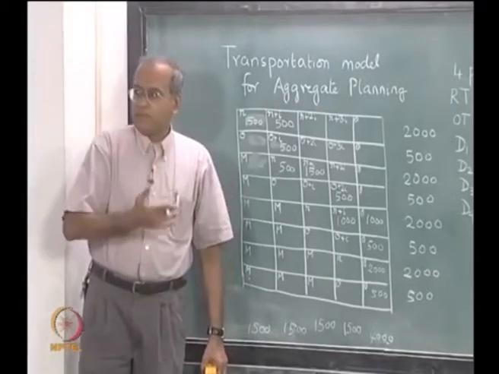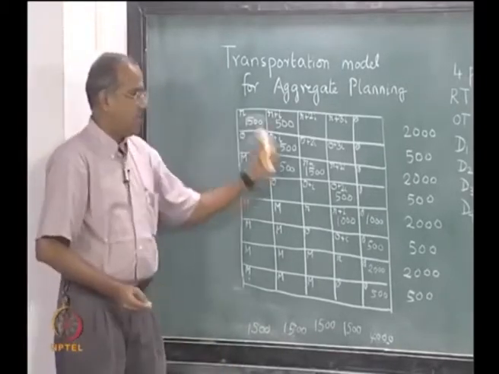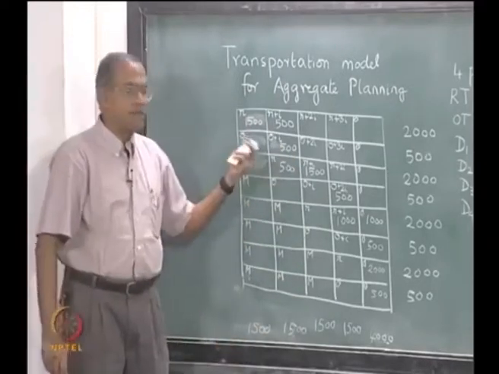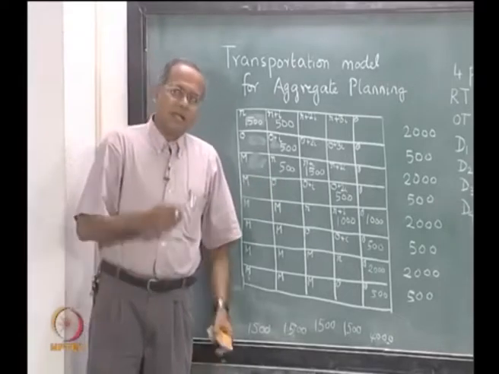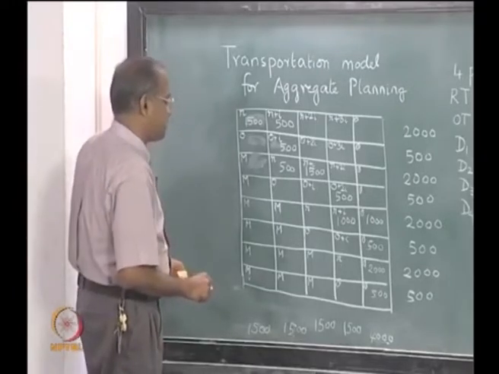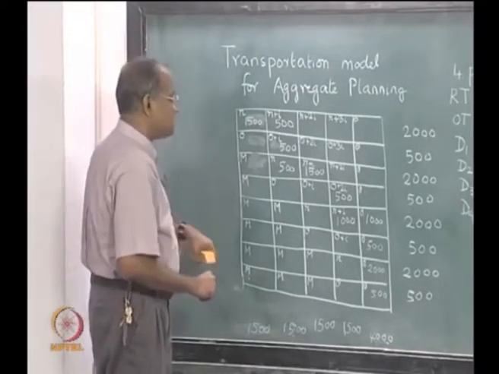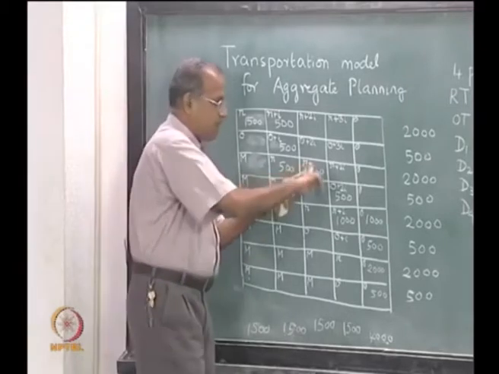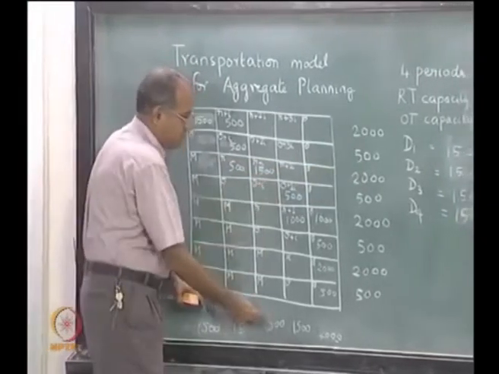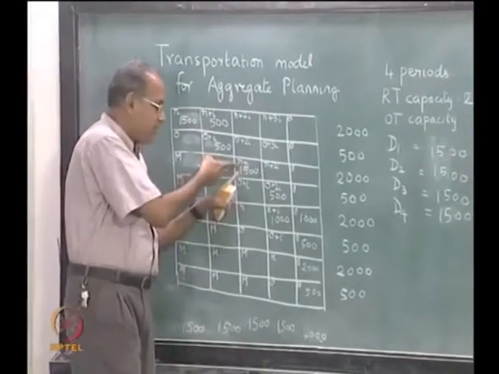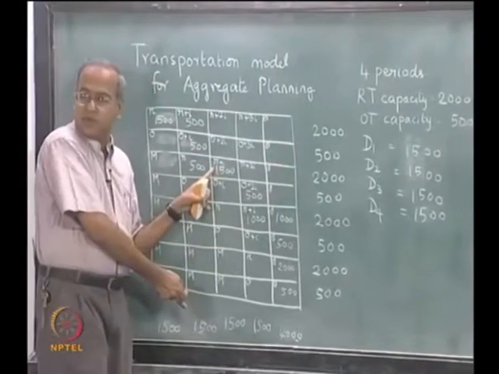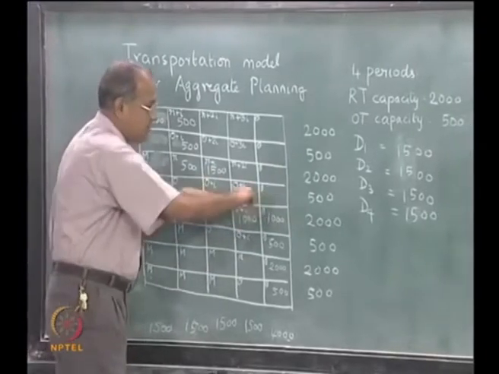It is still a basic feasible solution with 11 allocations, which is less than m plus n minus 1. So, it is a degenerate basic feasible solution, and the degeneracy comes because somewhere when we made this particular allocation, the balance of 1500 was met here and the demand of 1500 was met here. This particular allocation did not leave behind anything either in this row or in this column. Therefore, we started here with this 500.